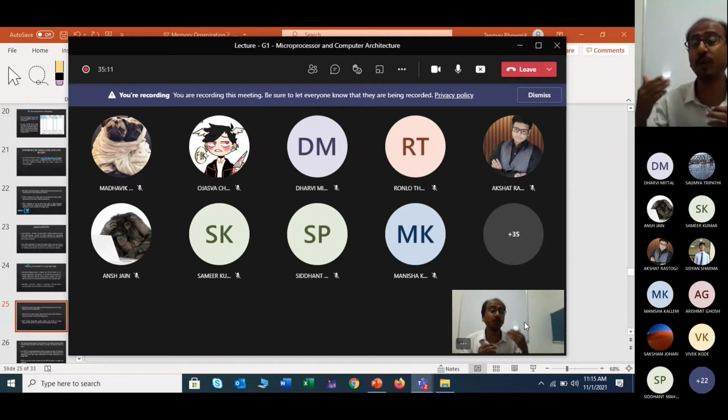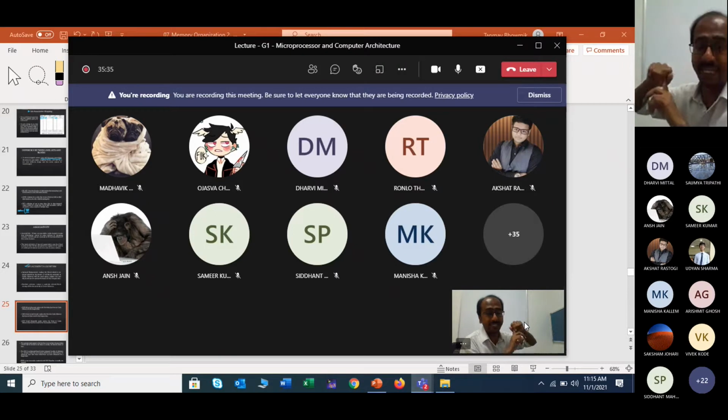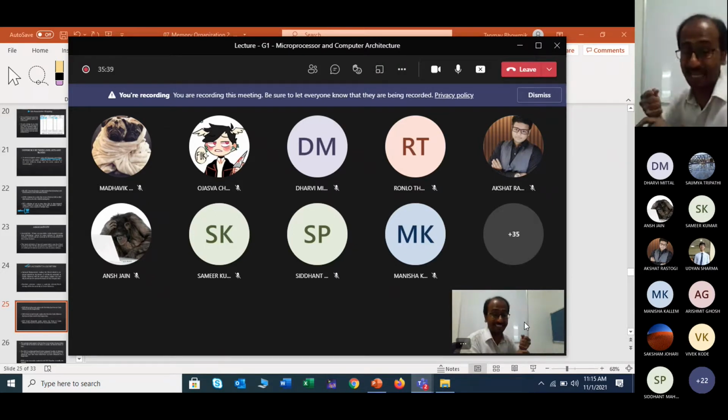Then another example is LFU, least frequently used. Now think that before 3 years, before 2.5 years, or before 2 years, every room has been assigned, but the frequency is being counted: during your stay, how many days you have used your room. That means your frequency is being counted, right?